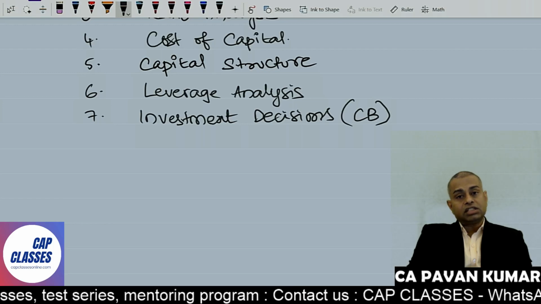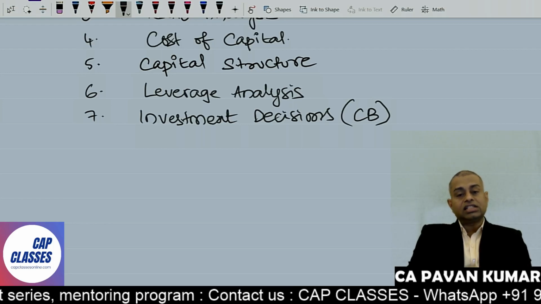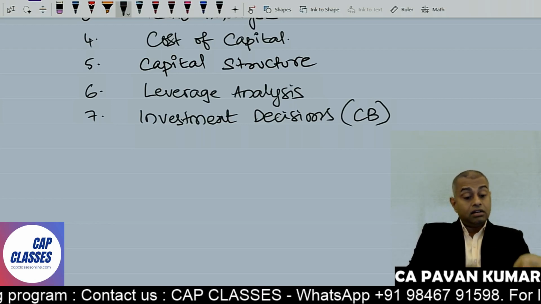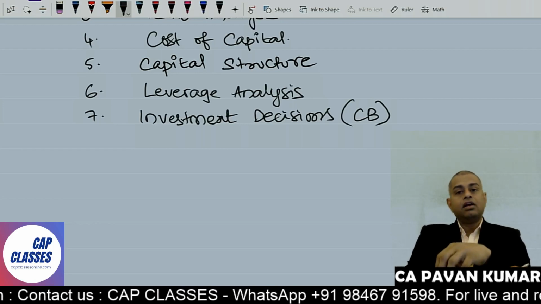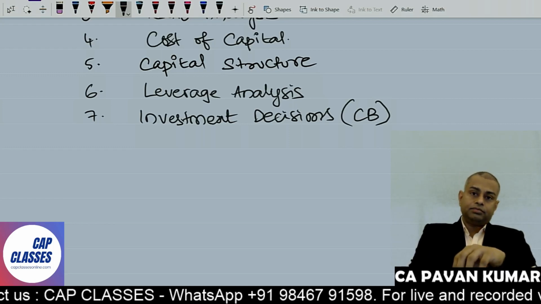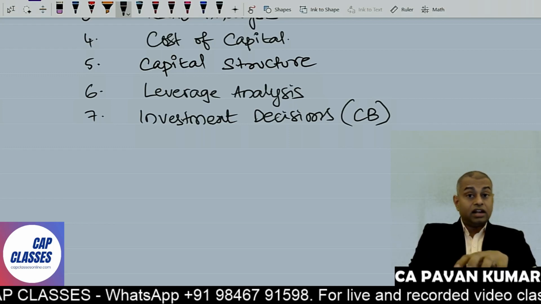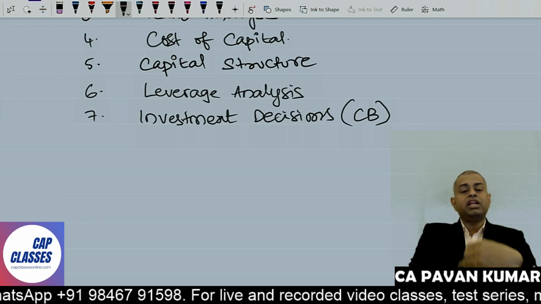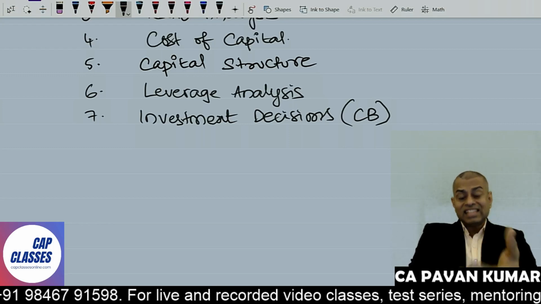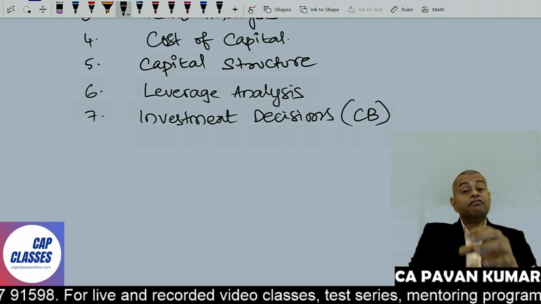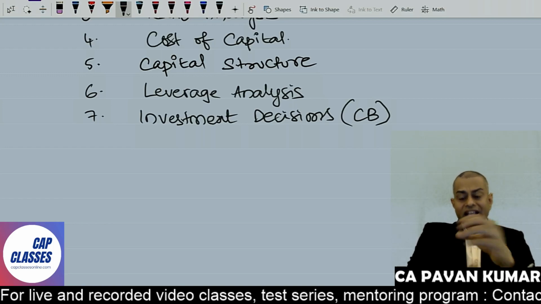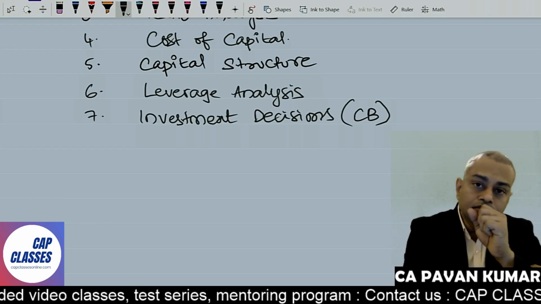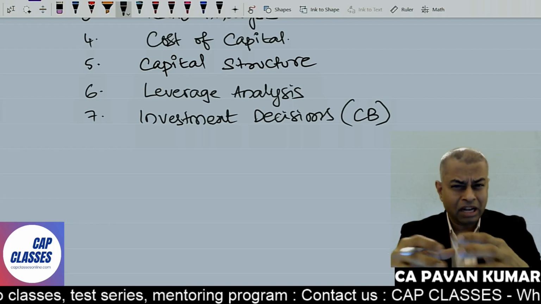I want to start a business. I can start a hotel business or I can start a textile outlet. I have 10 crore rupees. So shall I start business A or shall I start business B? Which business gives me more benefit? You understand? So be it a business, a product, a project or an asset, whether it is worth investing my money in this particular investment proposal. We use various capital budgeting techniques for that.